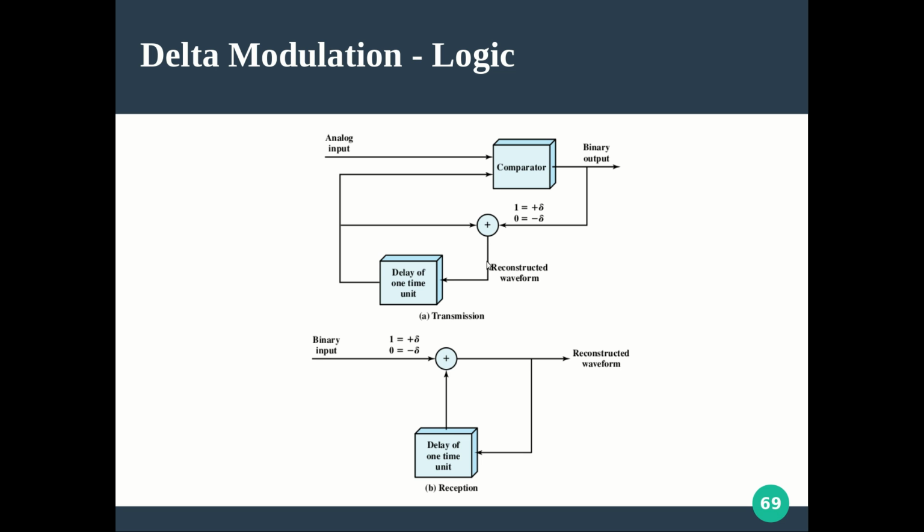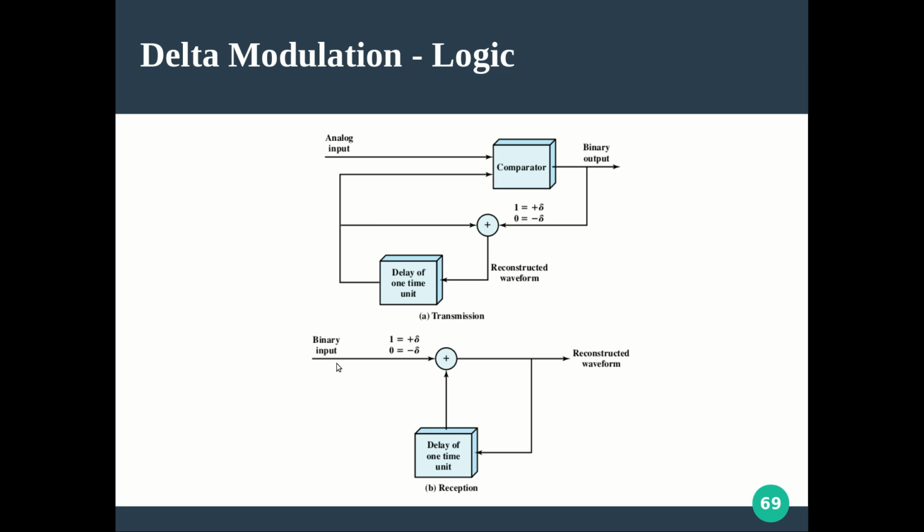That summation happens here, and we introduce a delay of 1 unit, which is actually the sampling interval time. During that time the staircase function should maintain a constant amplitude. That is why this delay is introduced, and after that we generate the next value, which is added, and a delay is introduced, like that.